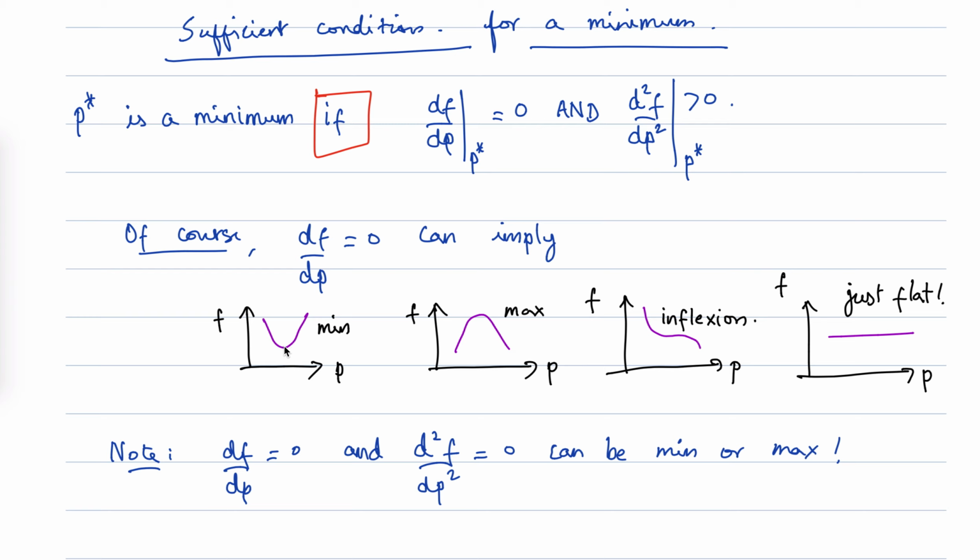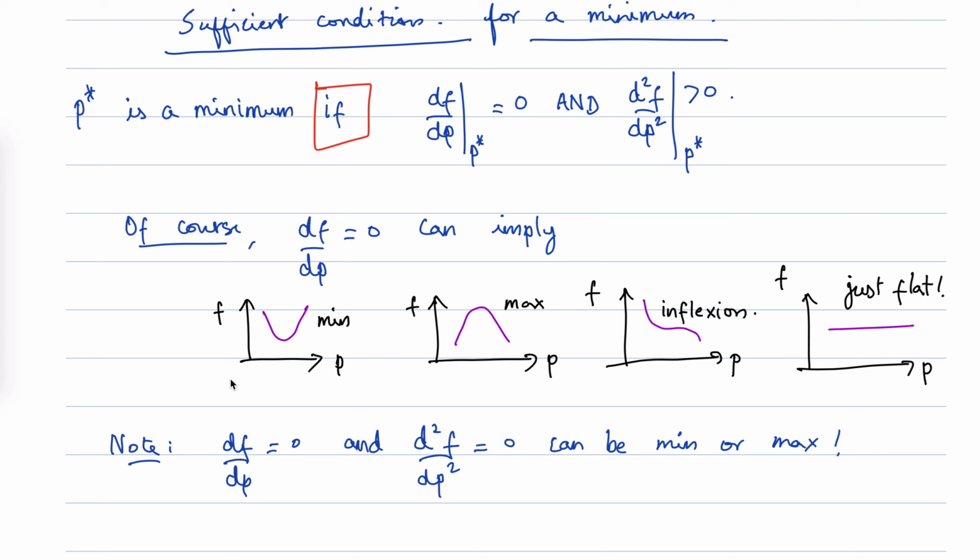So at this point the slope is equal to 0. Maximum, at this point the slope equals 0. An inflection point, at this point the slope is equal to 0, or it could just be completely flat, right? So all of these possibilities are accommodated by slope equals 0. So to actually be able to distinguish between each of these possibilities, we look at the second derivative, and if the second derivative is greater than 0, then it's a minimum, because